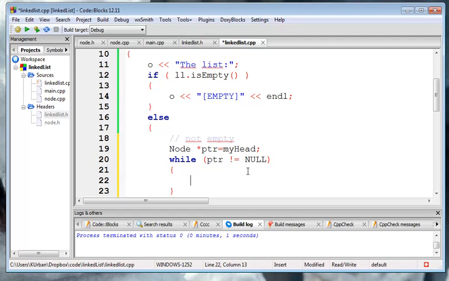If the pointer isn't null at this point, I'm going to print out where that pointer points. Right? So I'm going to follow that pointer. If I follow this pointer, it's going to end up at a node. So I'm going to follow this pointer to the node, print out what's at that node, and then